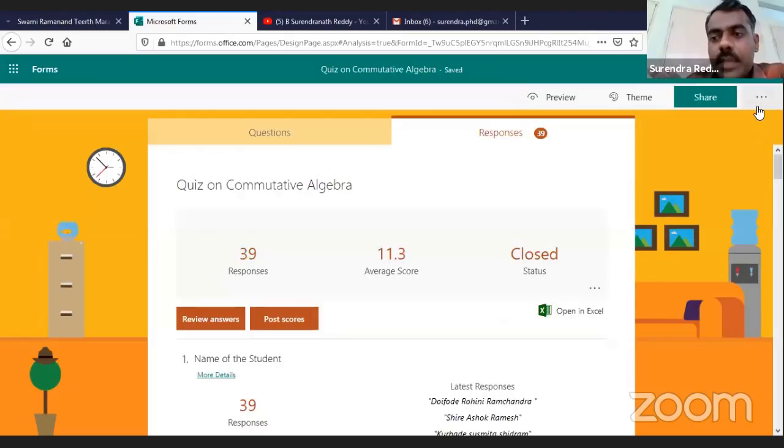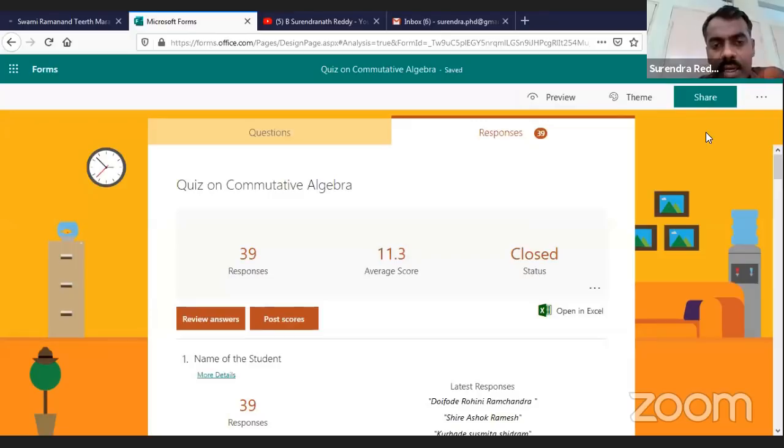There are some drawbacks or still limitations. One is there is no partial marking for multi-choice answers. That means if you have designed one question where 2 answers are correct, the student will get marks only if he selects exactly those 2 answers. Even if he selects one, he doesn't get it. But if you want, you can enter manually. Manually entering marks is available. But they should implement that. Google has recently updated that. So partial marking is not available here, and file upload is not available for general people, general account.